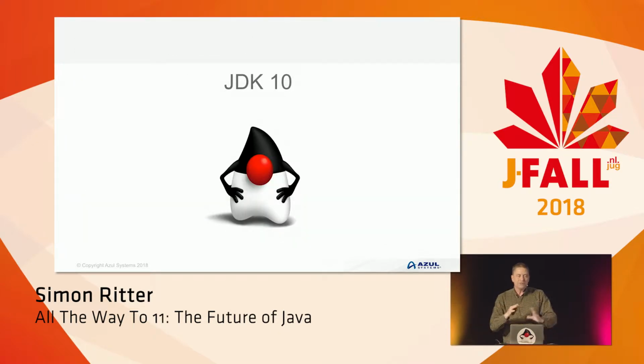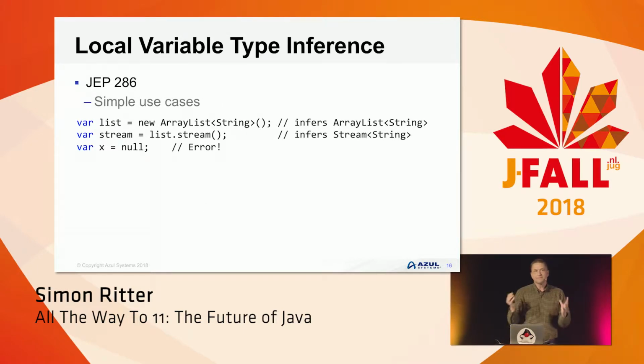So, what happened in JDK 10? What did we get in JDK 10? Right. Well, we only had 6 months of development, so the number of features obviously drops down a bit. Most significant of these is local variable type inference. So in JDK 10, Java gets var. Wonderful. Now we're a bit more like JavaScript.